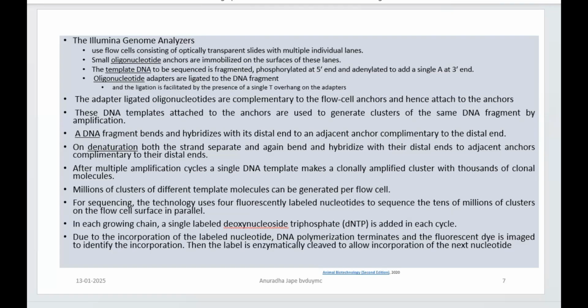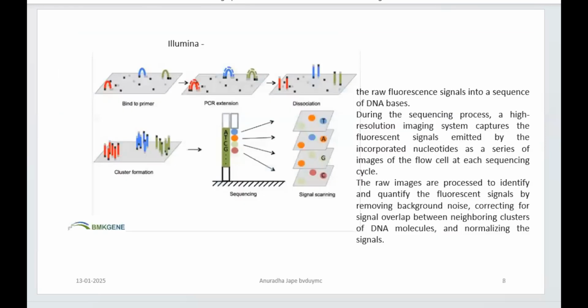Now I had asked you to jot down the points when I was talking. Probably some points you could jot. Now let's connect those with the help of this slide. All right. Now what do you have here? This is the schematic representation for a flow cell, right? A transparent slide, right? On the transparent slide, there are lanes marked, which are not really very clearly seen here, but yes, lanes are there.